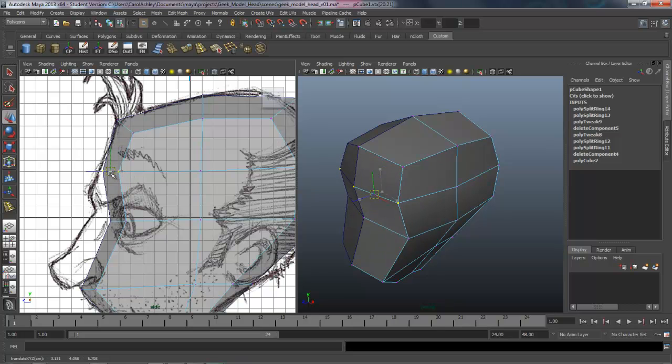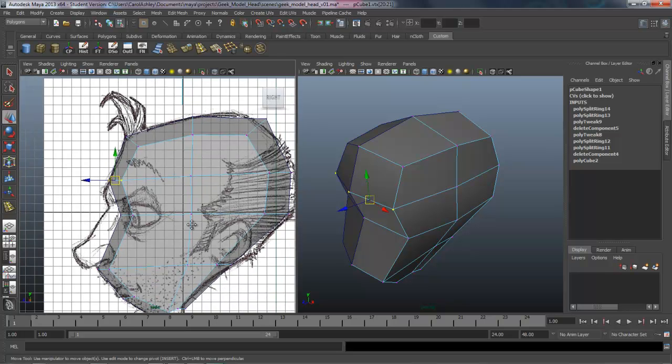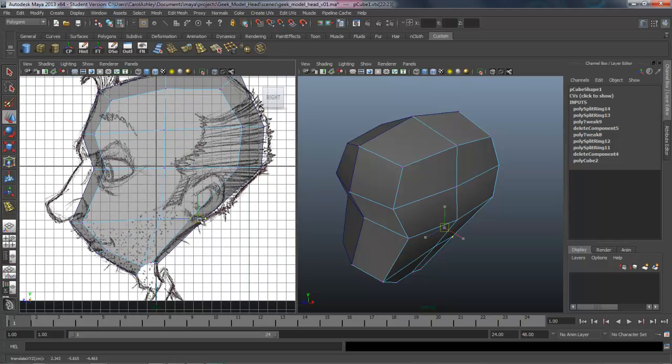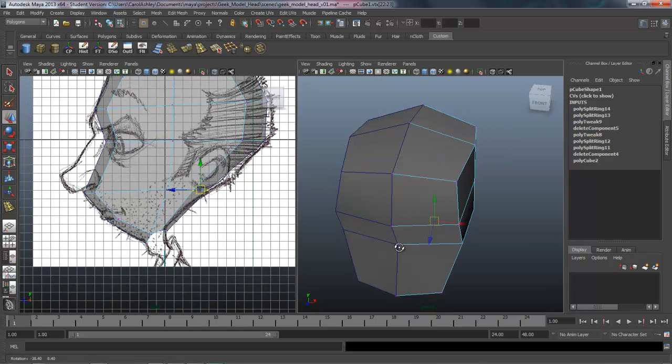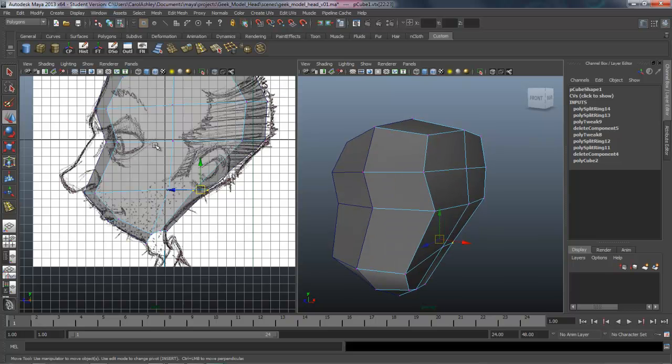And start pulling the brow forward. And we can angle this down just a little bit. His brow kind of slopes down some. Okay, and these points here. And then we need to kind of come back in here into our front view